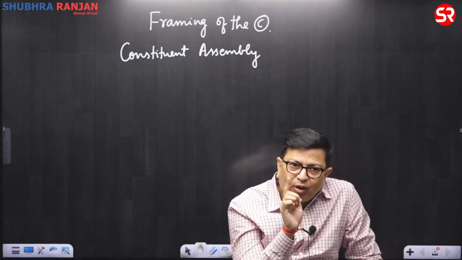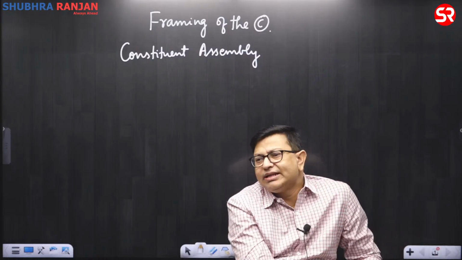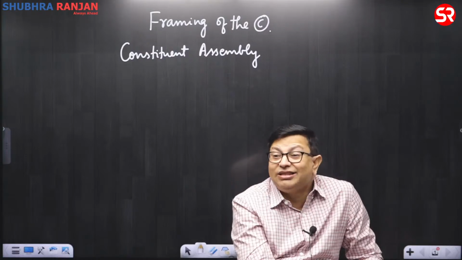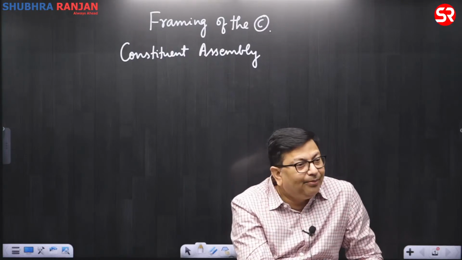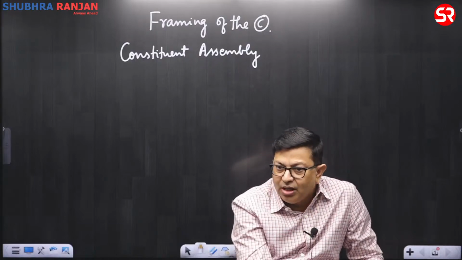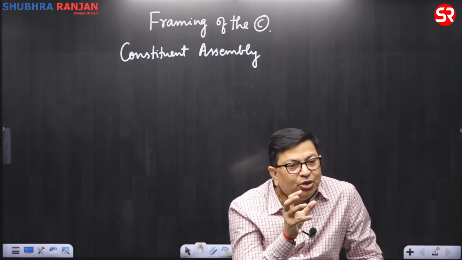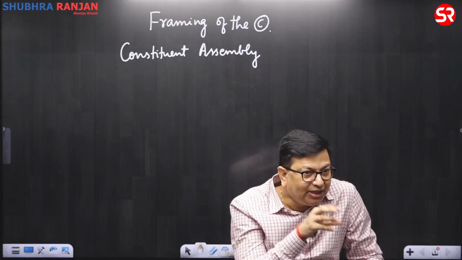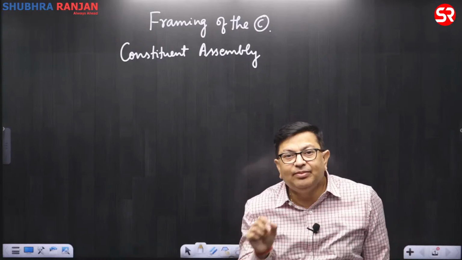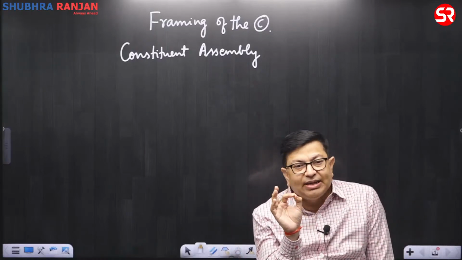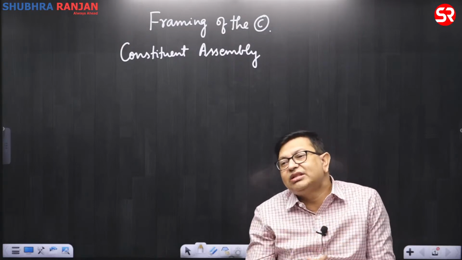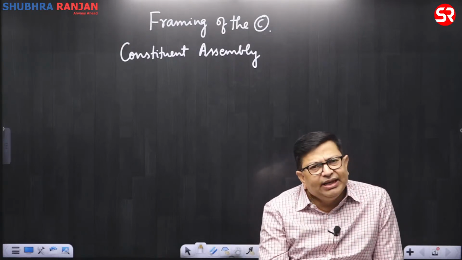Now, another important thing regarding the Constituent Assembly was that it was based on consensus. It is one of the most important aspects. Now, how this consensus used to be arrived at, that you need to understand. Because in the book, it is only one sentence that can be written, that the Constituent Assembly was based on consensus. But how was this consensus created? You see that